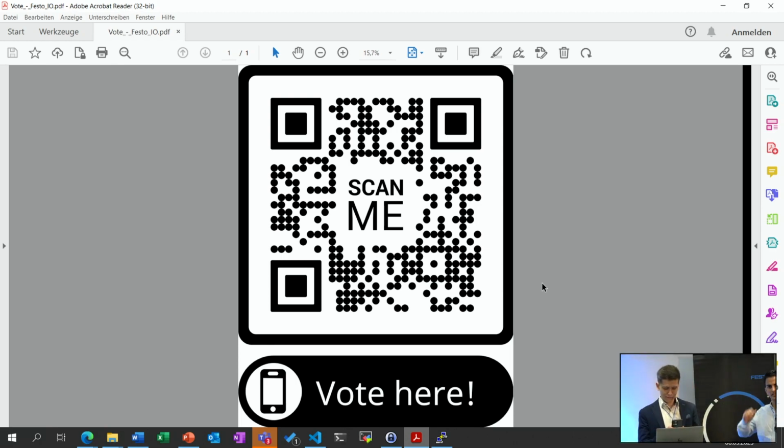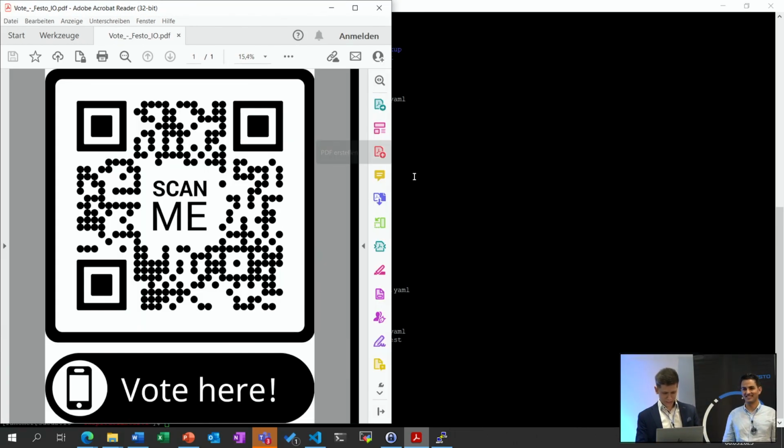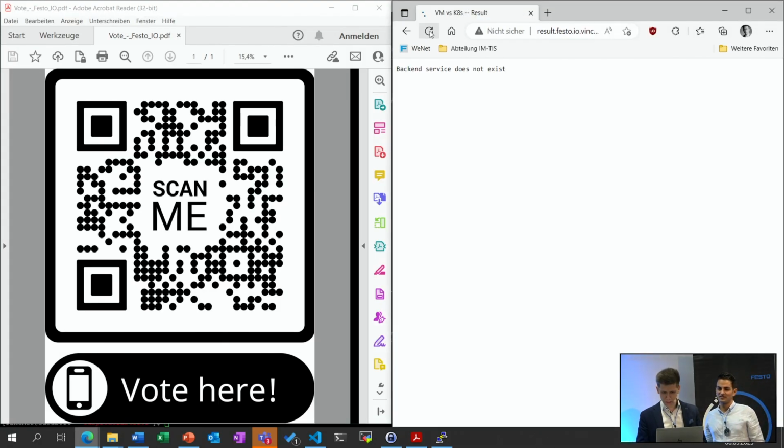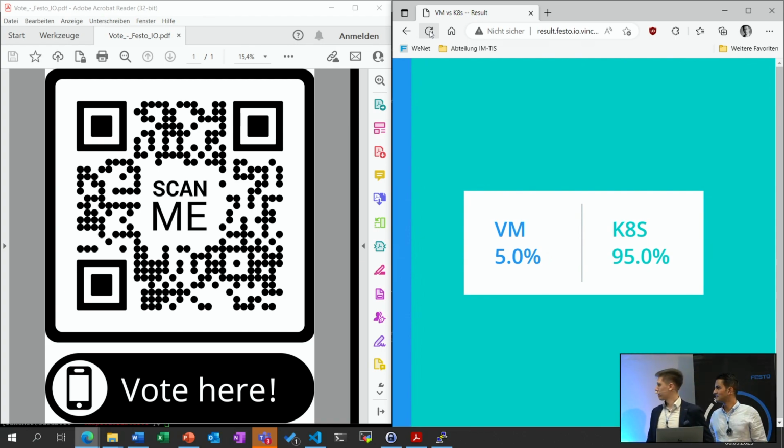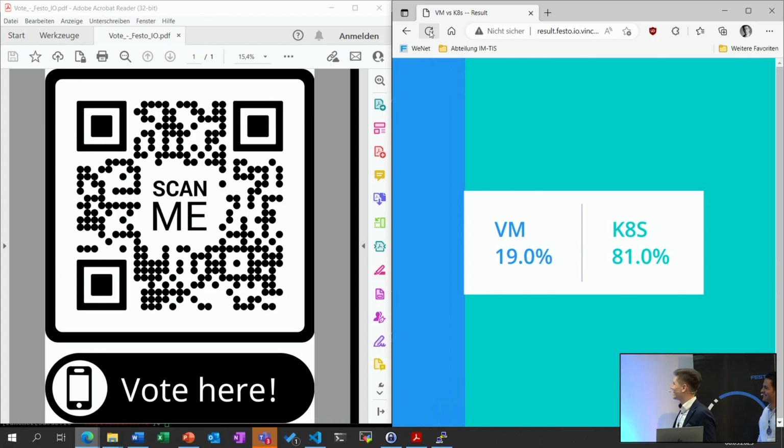And the main question is, do you prefer a conventional VM, like in the past, or Kubernetes? So I will go here to the right side, and I will open the result page too, so that you can see immediately the results. So we have already 20 votes. It's quite promising here. So, it will be a closer race here. You can change it, right? Yeah. Perfect. So yeah, that's the main overview about our showcase here.